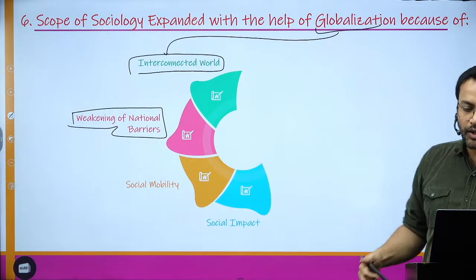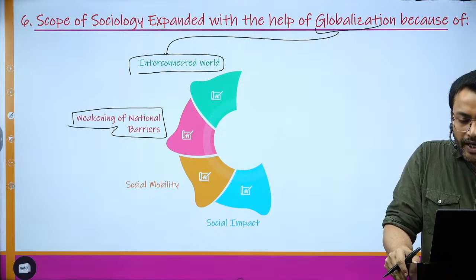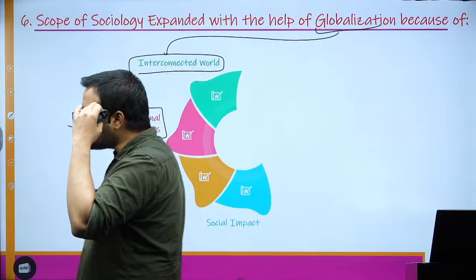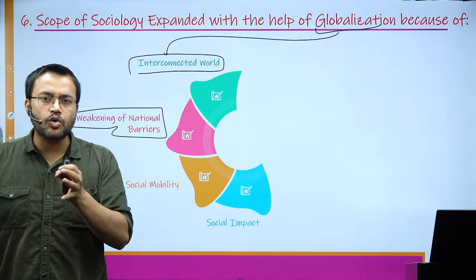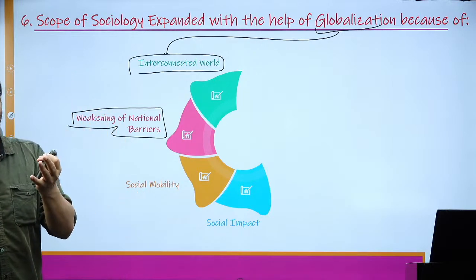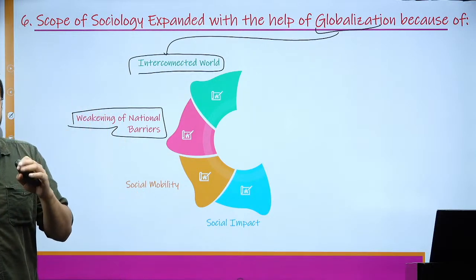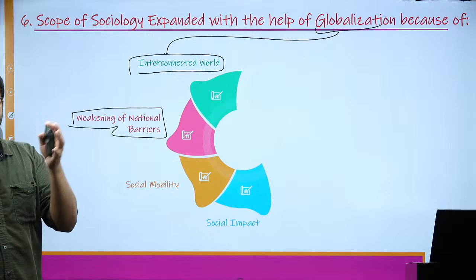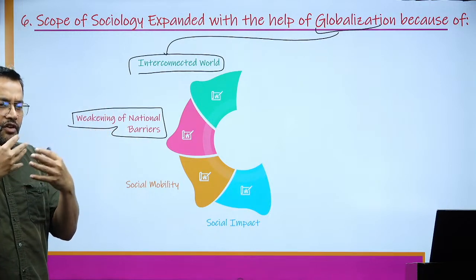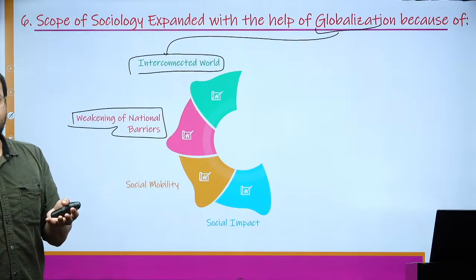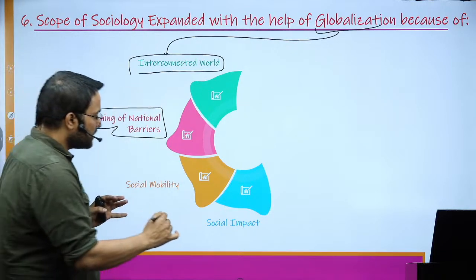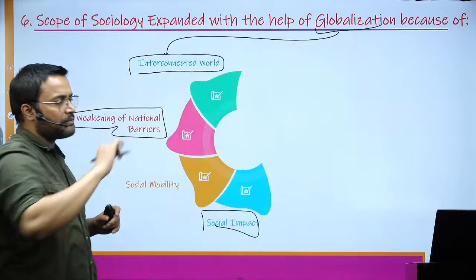Then we have social impact also. People are exposed to new ideas as they migrate. When they migrate to a particular area, they are exposed to the local culture, customs, laws, rules and regulations, and that changes their thought process. It brings change not only in thought process but also in how they interact. So if an Indian goes to any Western society, after a period of time their way of speaking and their thought process completely change. Their interaction pattern also changes, how they interact with fellow members, both in the outside world and in their home country. Again, that comes under the domain of sociology, and all of this is happening because of globalization.